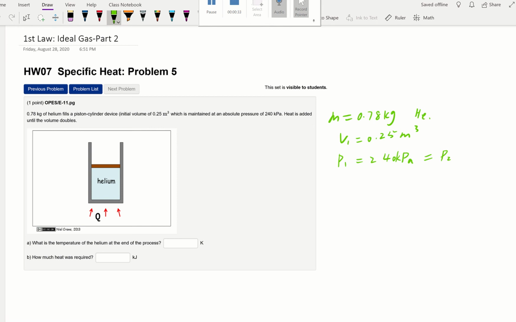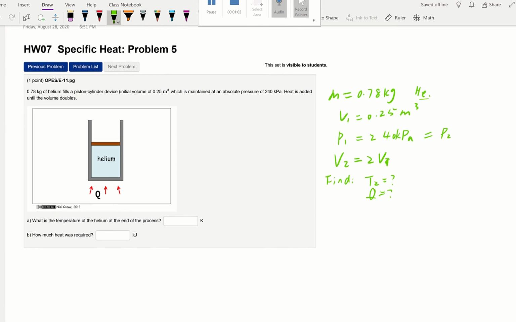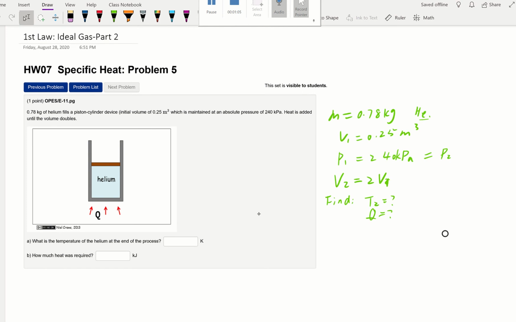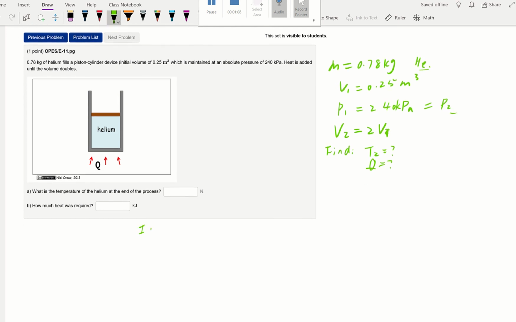the pressure 2 is gonna be the same as pressure 1, and heat is added until volume doubles, so final volume is twice of 1. Then we need to find the temperature at the end of the process, so that's T2, and the heat required, Q. All right, so since this is helium, that's gonna be ideal gas, right? And the pressure is constant, so using ideal gas here,